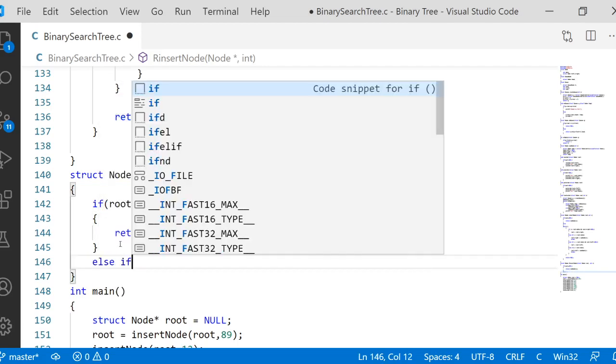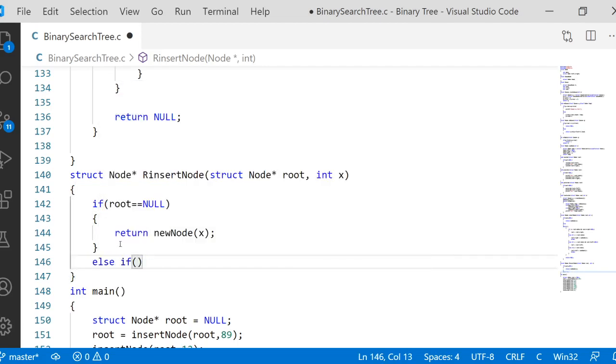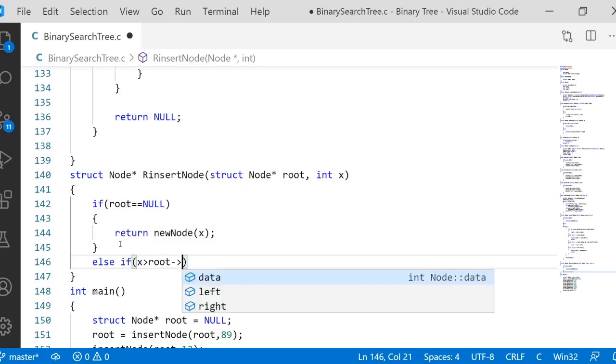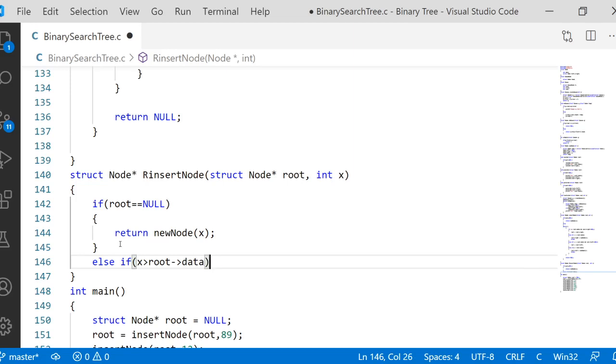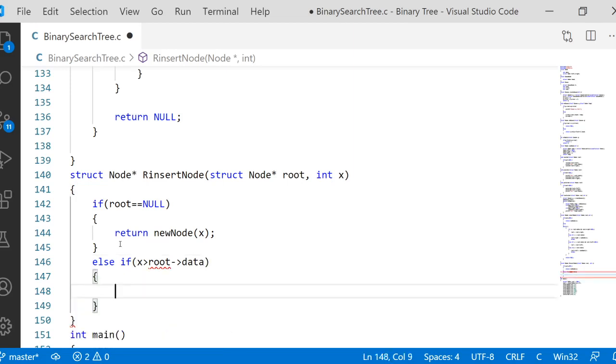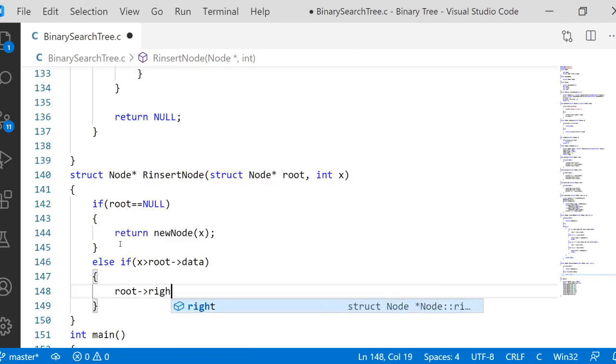Else if x is greater than root of data, you need to move to the right side. But what I'm going to do is place root of right equal to a recursive call.